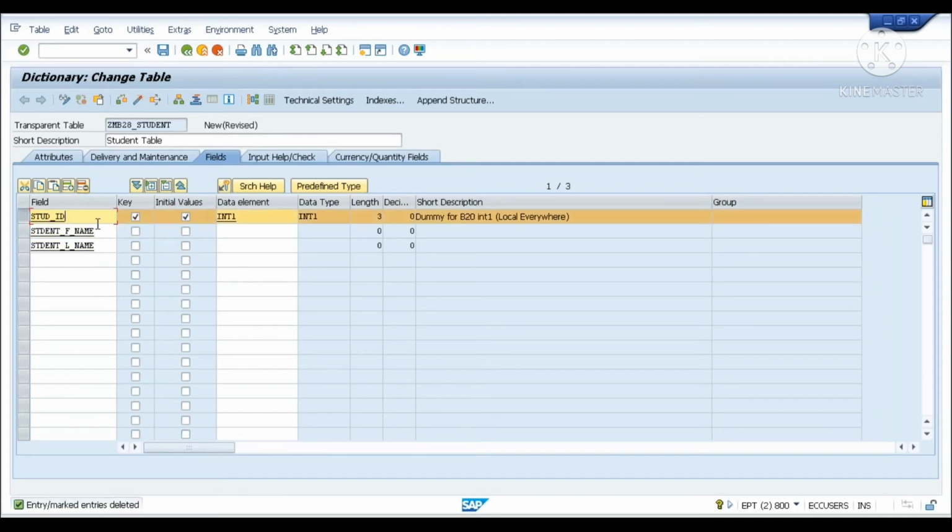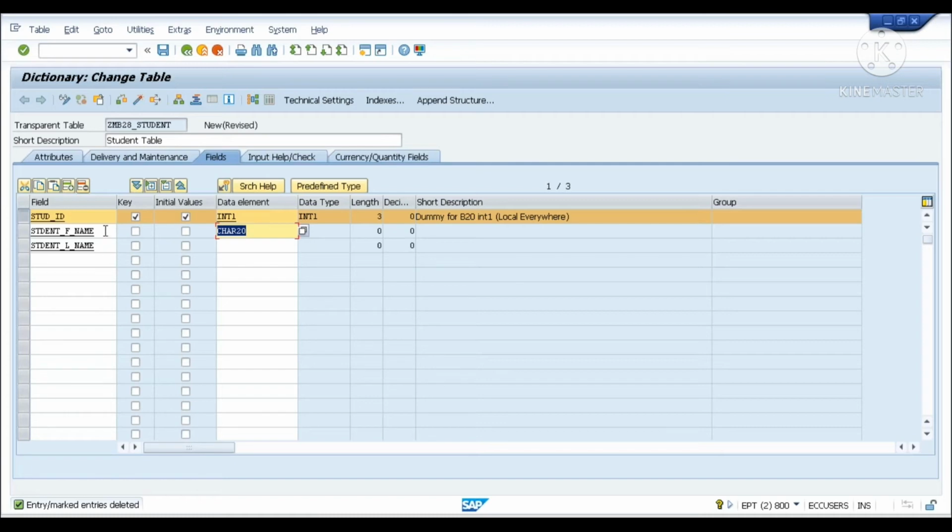So you can see the student id is going to be my primary key, that's fine, and student first name and student last name over here, and the name can be of type character, right? For example, someone's name is Ashwini, which may be 20 characters maximum, so I'm going to give a maximum of 20 characters.